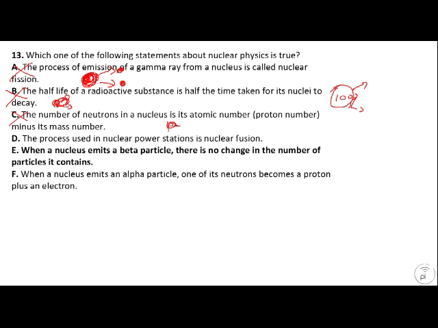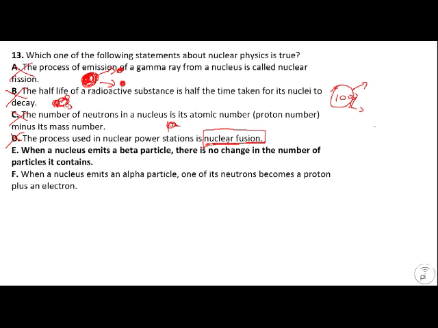D. The process used in nuclear power stations is nuclear fusion. Это тоже неправильно, потому что in nuclear power stations it's used nuclear fission. А fusion, nuclear fusion это соединение разных элементов. Это мы можем увидеть только в звездах пока что. Потому что мы не можем контролировать nuclear fusion пока что. Ответ D неправильно. When a nucleus emits a beta particle, there is no change in the number of particles it